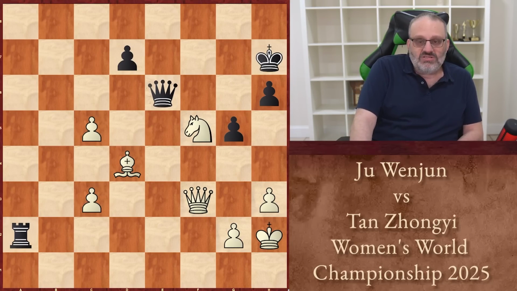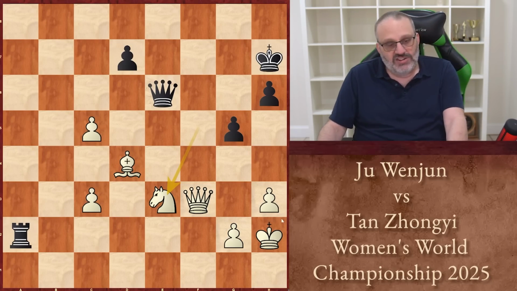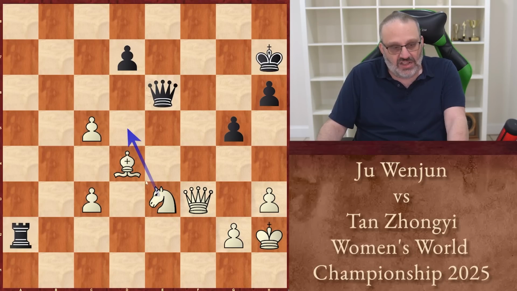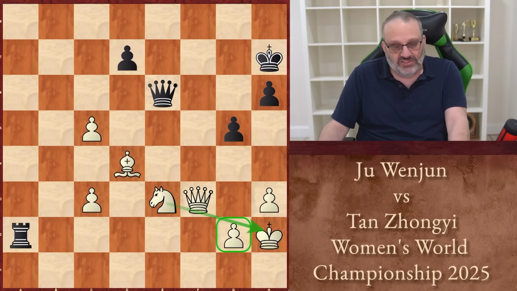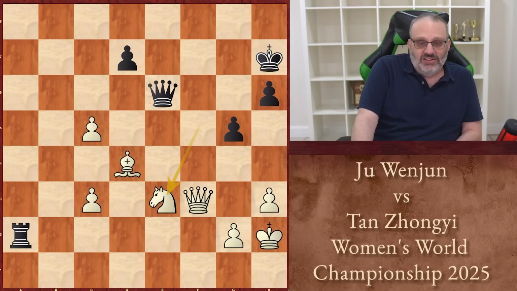Okay, so Wenjun always retreated. She played knight e3. Now her knight is defended twice, and she can move her queen to more squares. Also, her knight could try to go f6, start attacking the black king. Also defends g2, which is nice. Anyway,